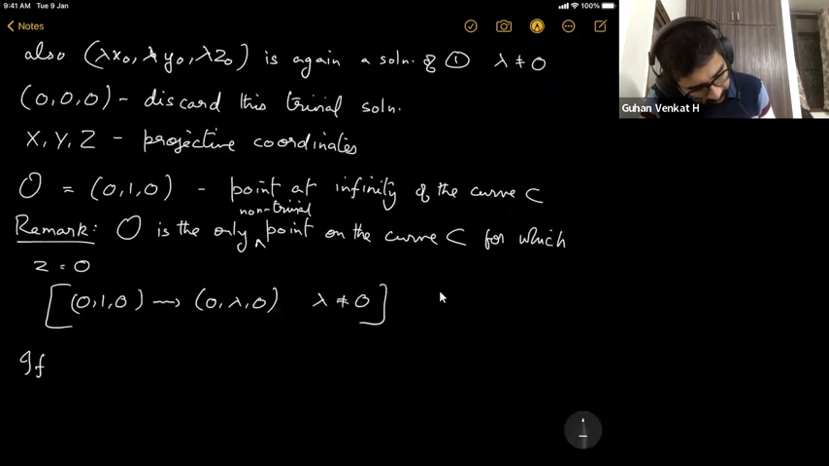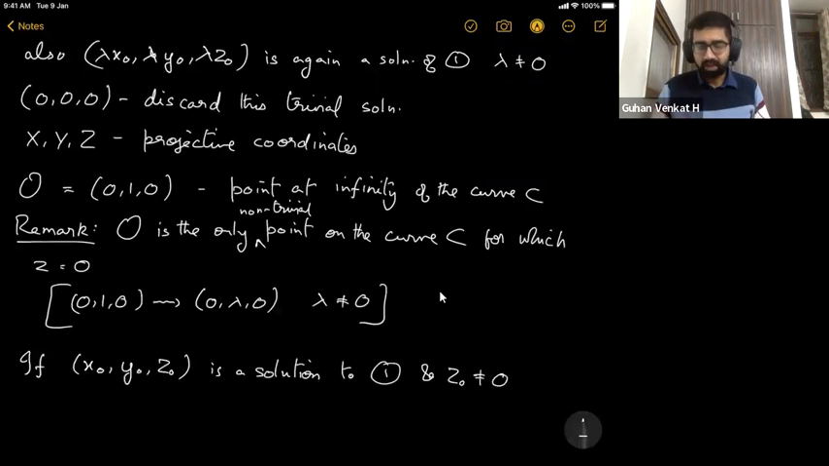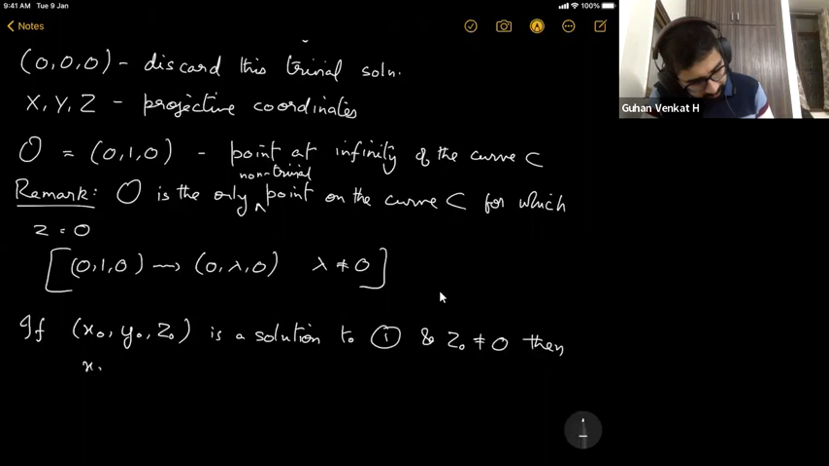Now suppose (x0, y0, z0) is a solution to the equation which defines C, and suppose z0 is non-zero, which we know happens for all points other than the point at infinity. Then I can scale down these coordinates, right? Then (x0/z0, y0/z0, 1) is again a solution to